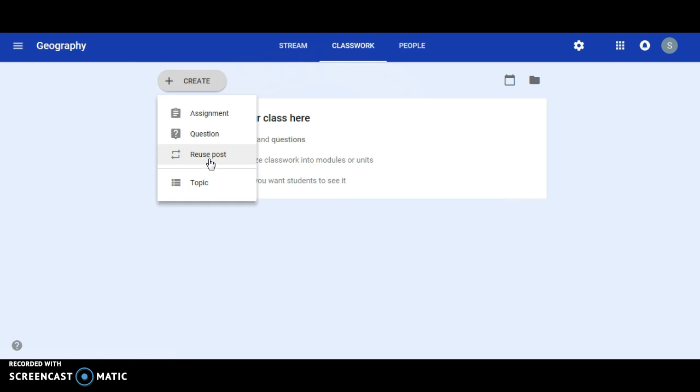Reusing a post enables a teacher to take a question or assignment or resource that was used in a different class, a different year, archived class, and reuse it on this page without having to redo the setup of the resource, the assignment, the file. Question is simply a question stem that appears in the feed and students can answer right on the page. Finally, assignment is a